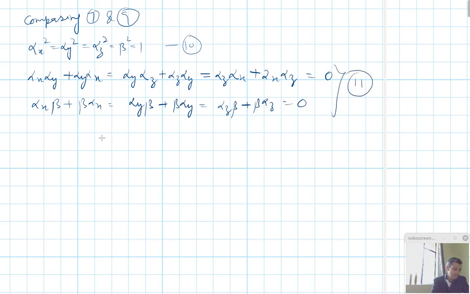Let me call this equation number 11. So these equations 10 and 11